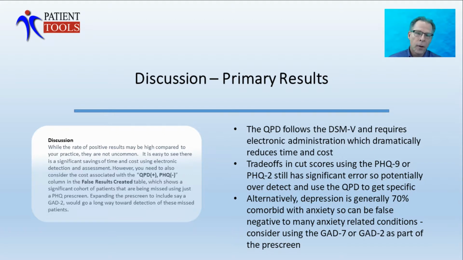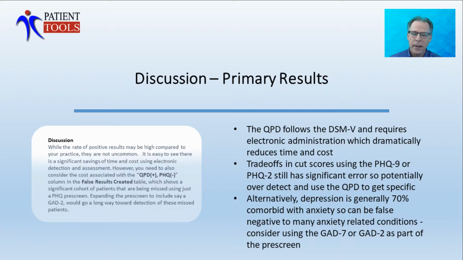And then if you're not triggering it all the time, obviously, then you have much shorter sessions, just the amount of time it takes to do that PHQ-9 or that PHQ-2. So, the next result is trade-offs in your cut scores. You've got to figure out how much of that QPD you want to try grabbing with that PHQ-2. And so, potentially you over-detect, which, since you're using a PHQ-9, basically a QPD now, to do your follow-up, you're not driving up the cost, you're not driving up your labor. It's not unreasonable to run that PHQ-2 score down a little bit lower to pick up more things that you'll then get with your QPD, making that handle the